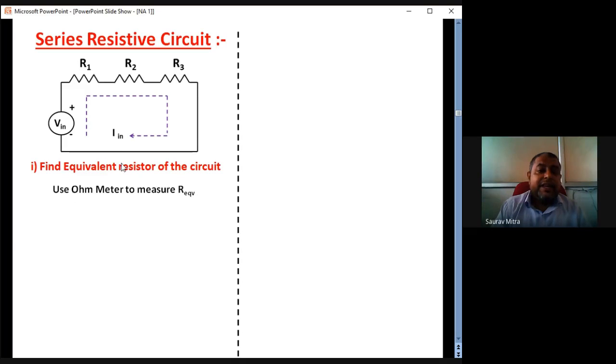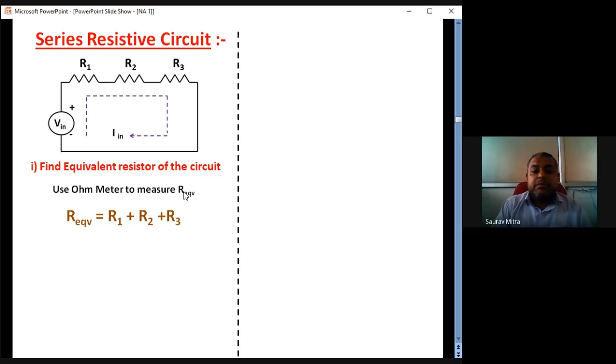First thing is to find the equivalent resistance of the circuit. So equivalent resistance is 1000 ohm plus 470 ohm plus 100 ohm, that is 1570 ohm. How much is the practical R equivalent? In that case it will be maybe 990 plus 455 plus 104. This practical case comes when you are in the lab. Whenever you are doing the same thing in a simulator, it will be all theoretical case, all standard values.